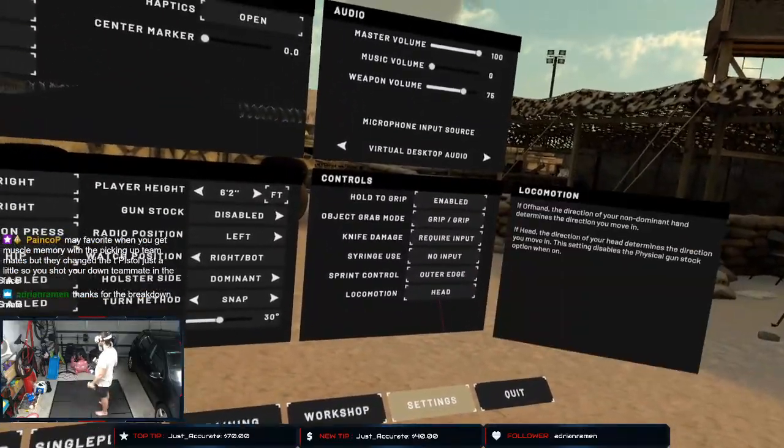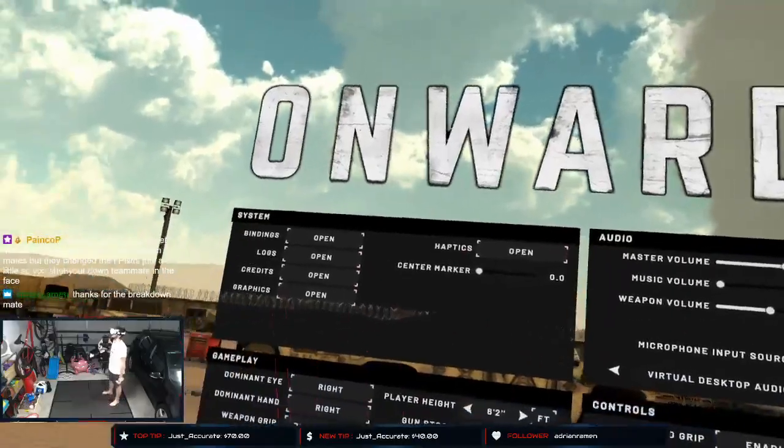So yeah, they're my settings. Don't worry about these top ones. If you're on Quest 2, you won't have